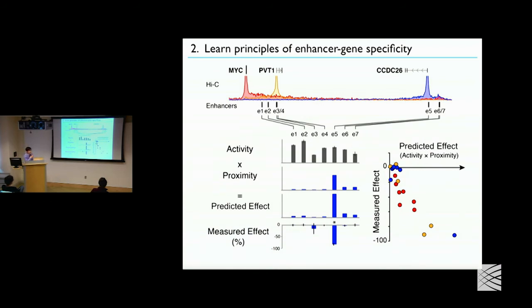Yeah? Have you ever looked at the linear distance instead of IC distance? Because IC distance is highly correlated with the linear distance, and do you see better or worse? Yeah, so the strongest signal that you see in Hi-C data is essentially an exponential or power function of linear distance. If you plug that in instead of proximity, you still do pretty well because most of the signal is coming from this peak. But you do miss things like out here where these enhancers actually show a focal enrichment of interactions with MIC. And so you would actually miss these enhancers if you weren't to use the actual Hi-C data.